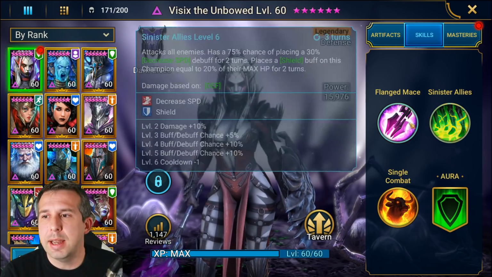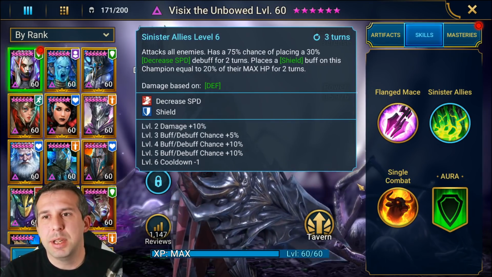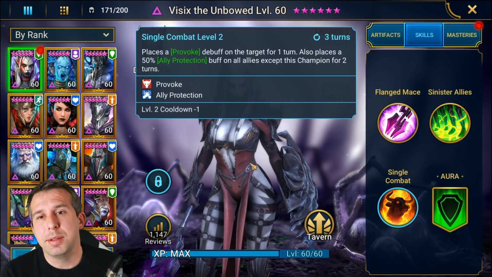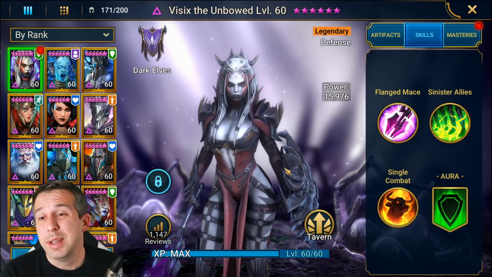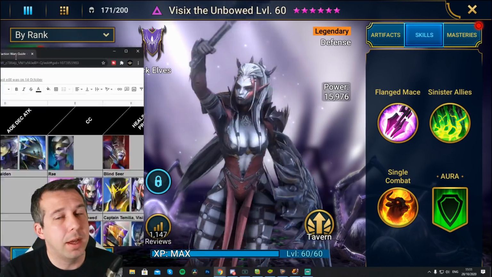A little bit of Fire Knights here and here, and I guess a little bit of spiders here and here. Single person shield, no good. Single person provoke doesn't really help you anywhere. Ally protection, kind of good for clan boss, good for keeping your team alive, but single person provoke. She's got a faction crypt aura, so I guess she's meant to be for faction crypts,